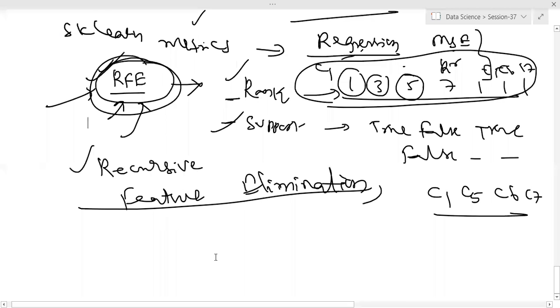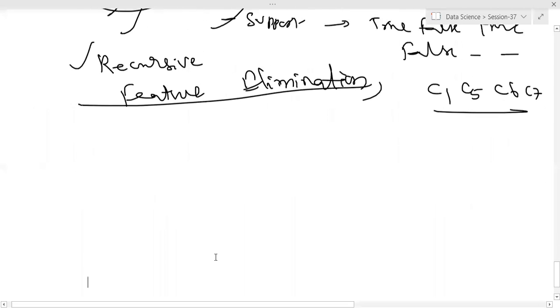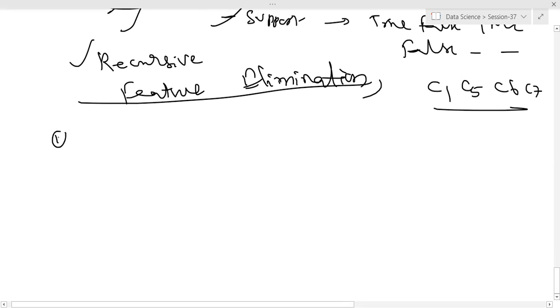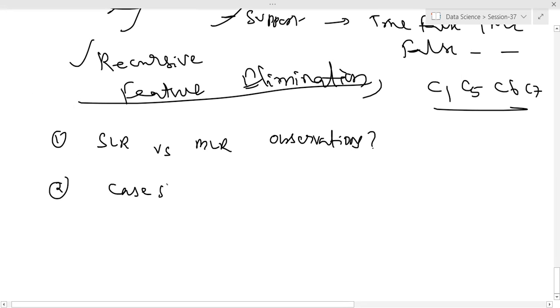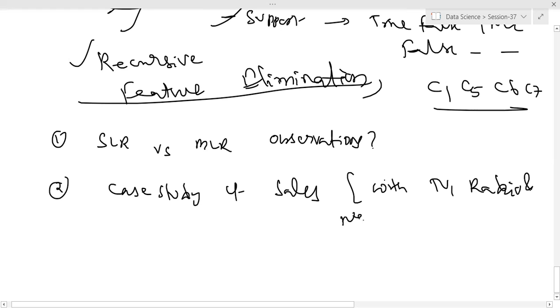So spend this weekend time for me. You need to perform these two tasks, friends. The first task is coding-wise: simple linear regression versus multiple linear regression, and give your observations. The second important thing is, especially in the case study of sales prediction with TV, radio and newspaper marketing,